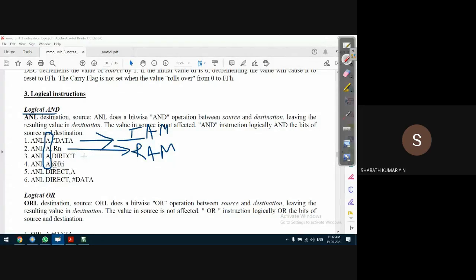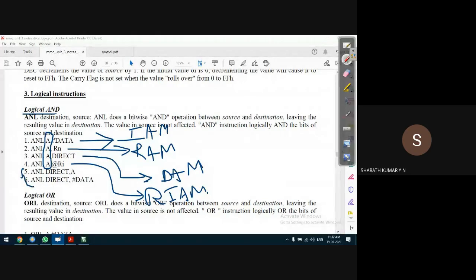Or the second data may be in a memory location whose address is part of the instruction, direct addressing mode, or in a memory location whose address is pointed to by a register, indirect addressing mode.